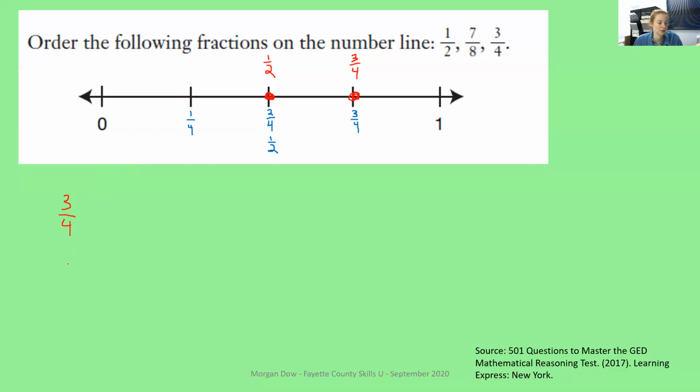3/4 compared to 7/8. Well, to compare, we want a common denominator. Common denominator between 4 and 8. We already saw that in an earlier problem. It would be 8. So I'm going to take 3/4. We already raised 3/4 to 8. 3/4 becomes 6/8. Right? If I multiply the top and the bottom by 2, I get 6/8. So 3/4 means the same thing as 6/8. So if this is 6/8,